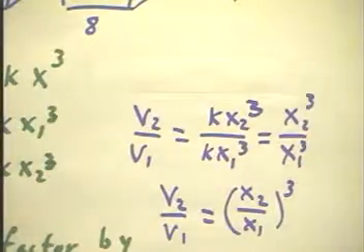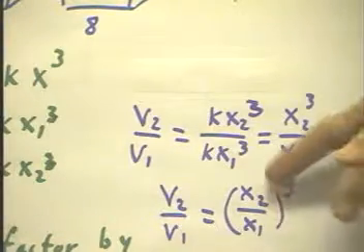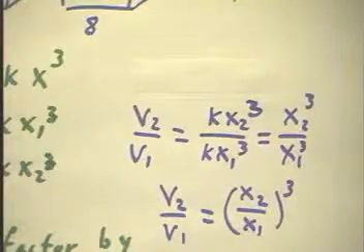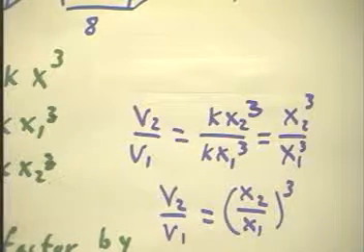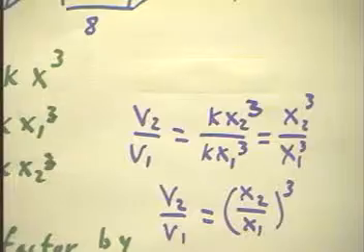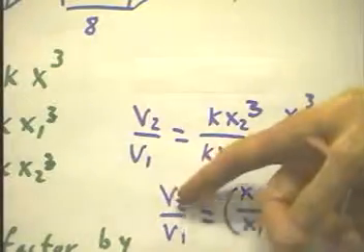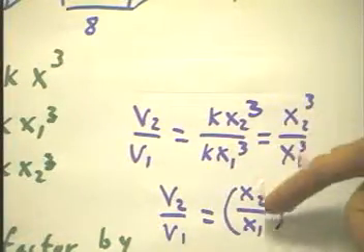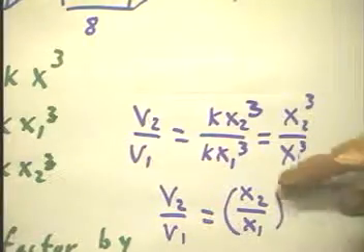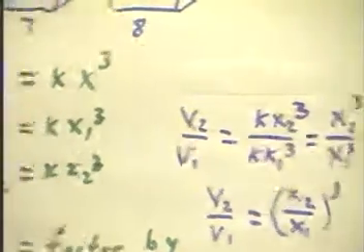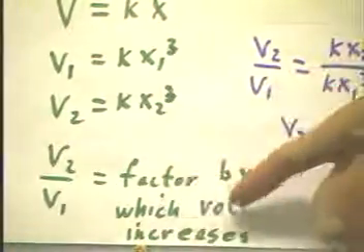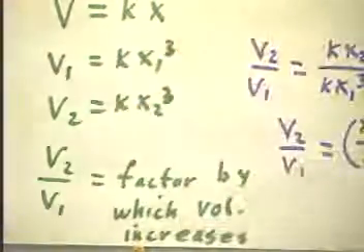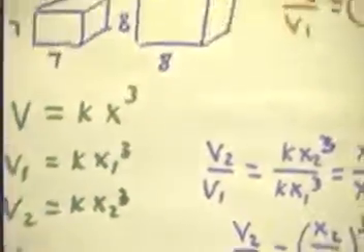Again, this argument would be identical if x stood for the radius or diameter of a sphere, for the altitude of similar pyramids or similar cones, for the diameter of the base of similar cones, etc. The volume ratio is the cube of the ratio of the linear dimension. And we'll also just mention that V2 over V1 is the factor by which the volume increases as we go from V1 to V2. Well, in this case,